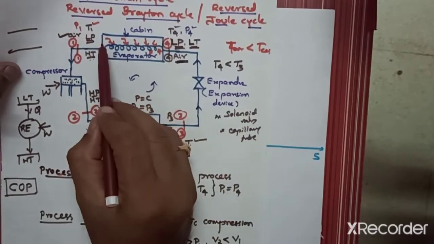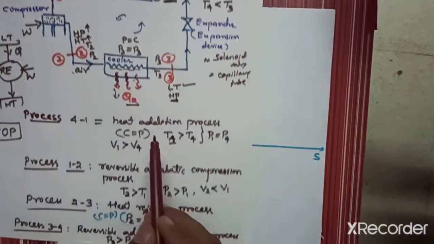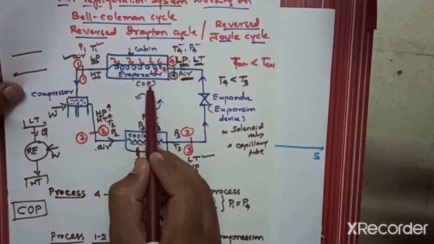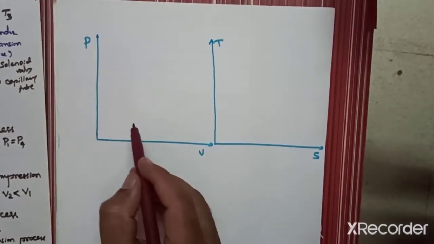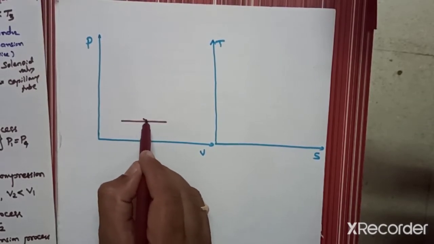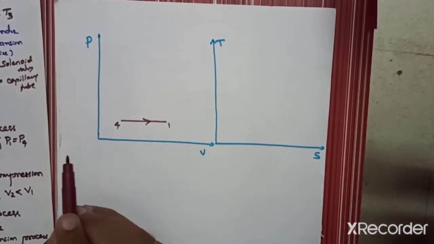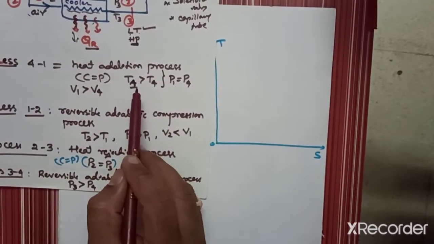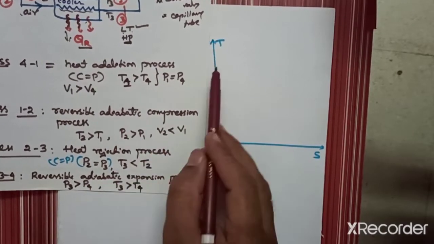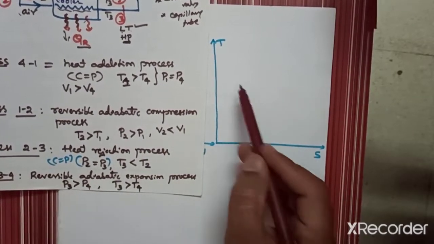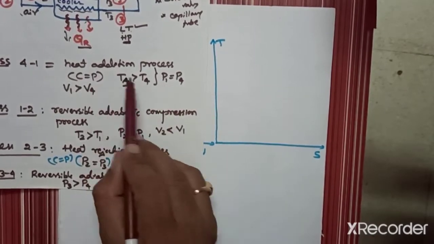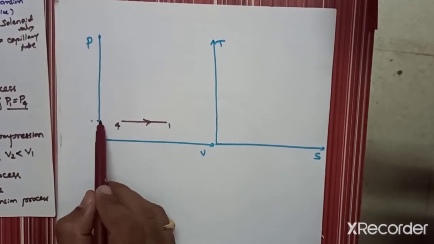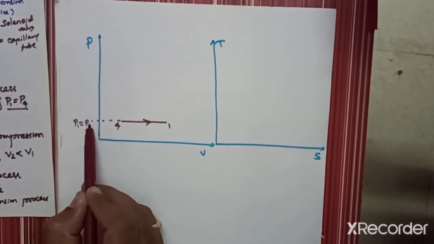So heat addition process in the cabin, that is evaporator space, is at constant pressure. It is a constant pressure process. I have written here. So first I will draw one constant pressure process, that is 4 to 1. During 4 to 1 the temperature increases, and temperature will be represented on the TS diagram, which we will discuss while plotting temperature versus entropy. So during heat addition 4 to 1, P1 is equal to P4. I would write here P1 is equal to P4.